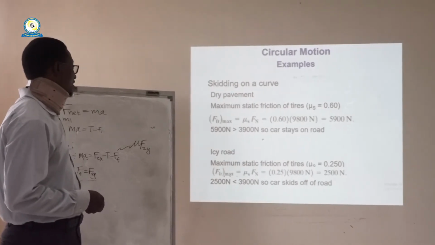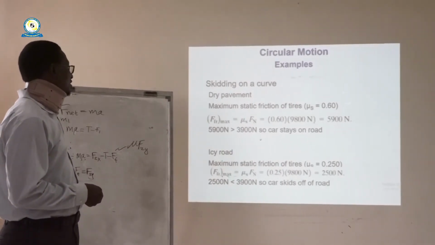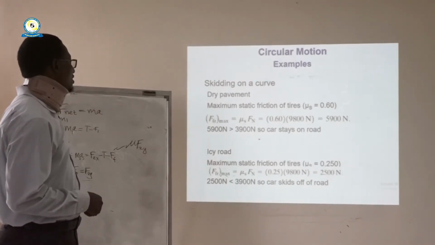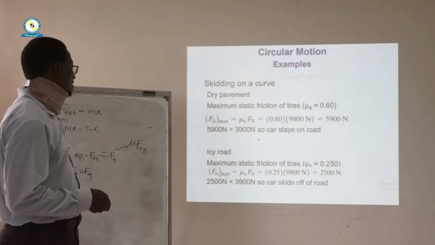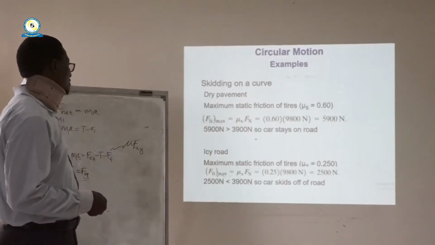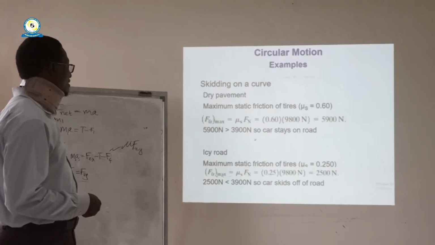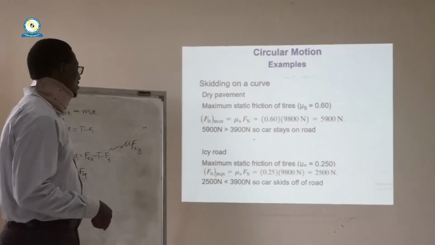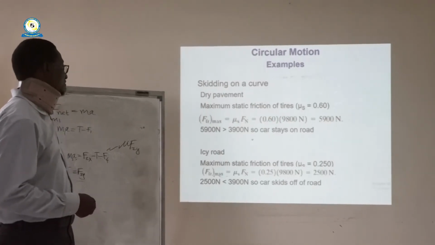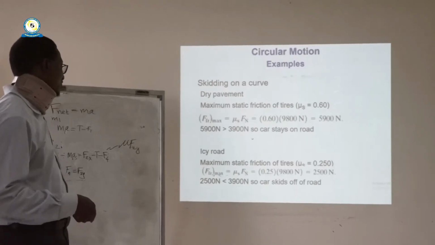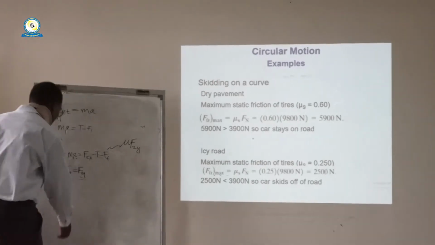Friction force is equal to mu s Fn. For the car not to skid, the centripetal force should be greater than the friction force. For example,